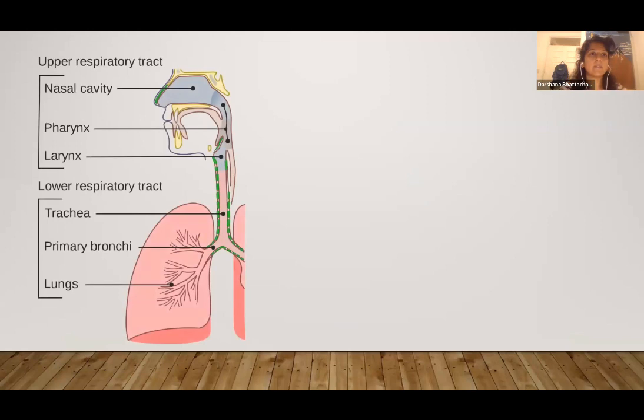So before I launch into the specific conditions, I want to give us just a very brief reminder of how the respiratory tract is divided. So generally, we divide the respiratory tract into upper and lower. The upper respiratory tract consists of the nasal cavity, the pharynx, and the larynx, and essentially stops just above the vocal cords or the voice box. And the lower respiratory tract consists of the trachea, the bronchi, the bronchioles, the large bronchus, and the lung tissue,